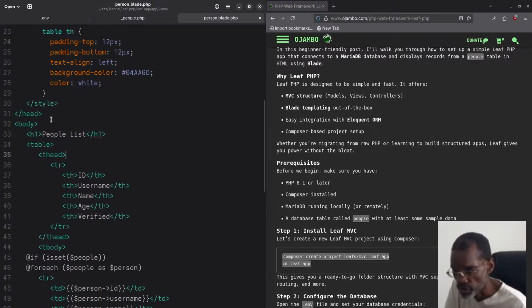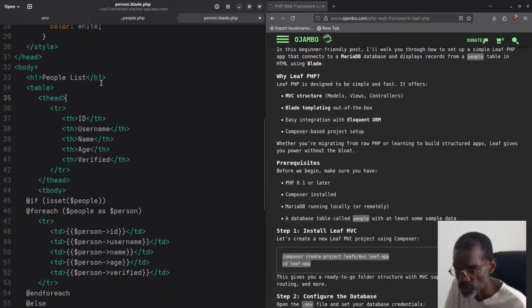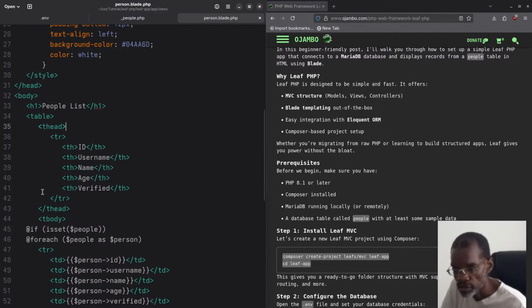So here again, it's also not an HTML tutorial, but I'll just show you. Basically I just put an h1 tag for people list, so it's going to grab all the data in the people database table, and I just put a table heading: the ID, username, name, age, and verified, and then under